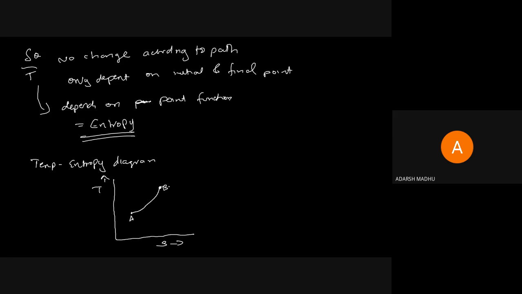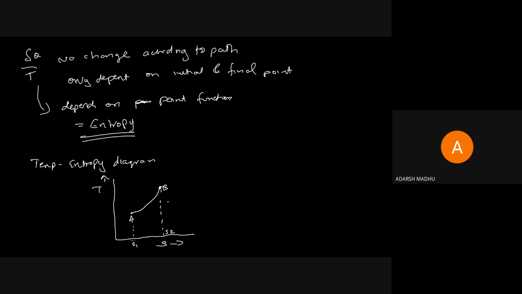If any process happens in a particular manner, we can draw the entropy diagram like this. This point we can call S1, and this point S2. For finding the change in entropy, that is S2 minus S1, for any process happening from A to B or 1 to 2,